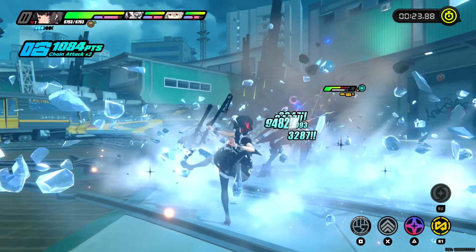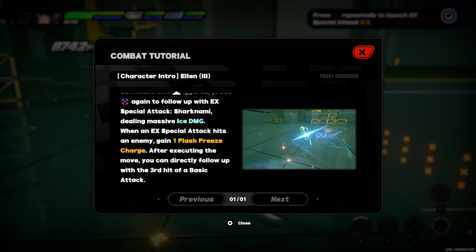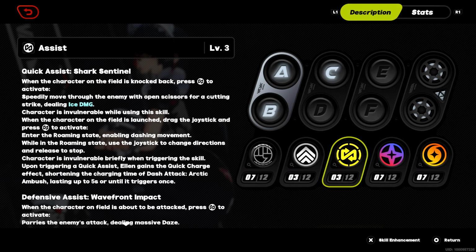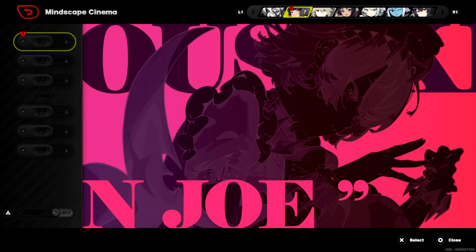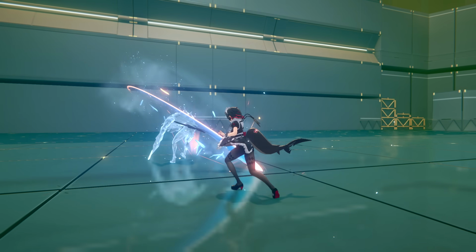In today's video, I'm going to show you how destructive her playstyle is, what kind of damage potential she has, and most importantly, how to access that damage potential on your own. Of course, I'll go over the typical stuff such as best weapons, disk drives, teams, and Mindscape. So if you want to understand exactly what you're doing with Ellen, this video is for you. And without further ado,